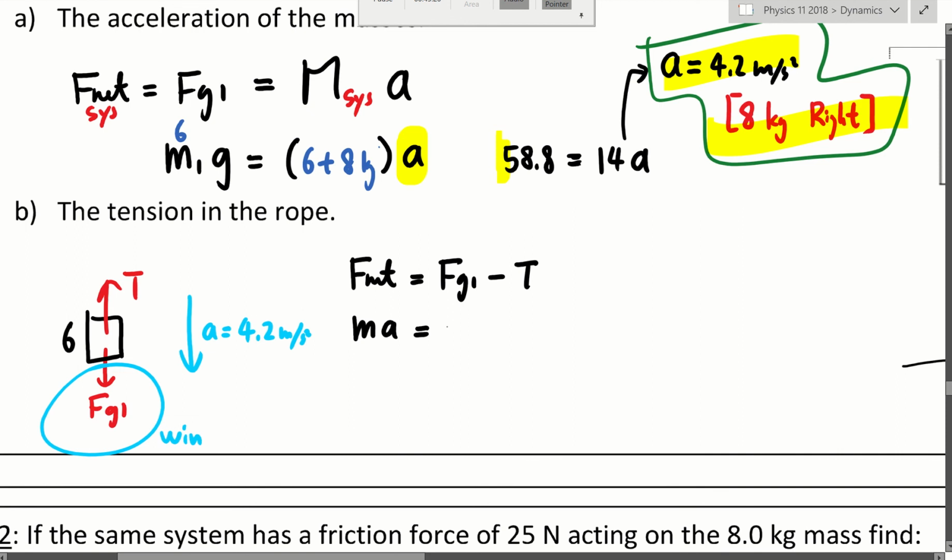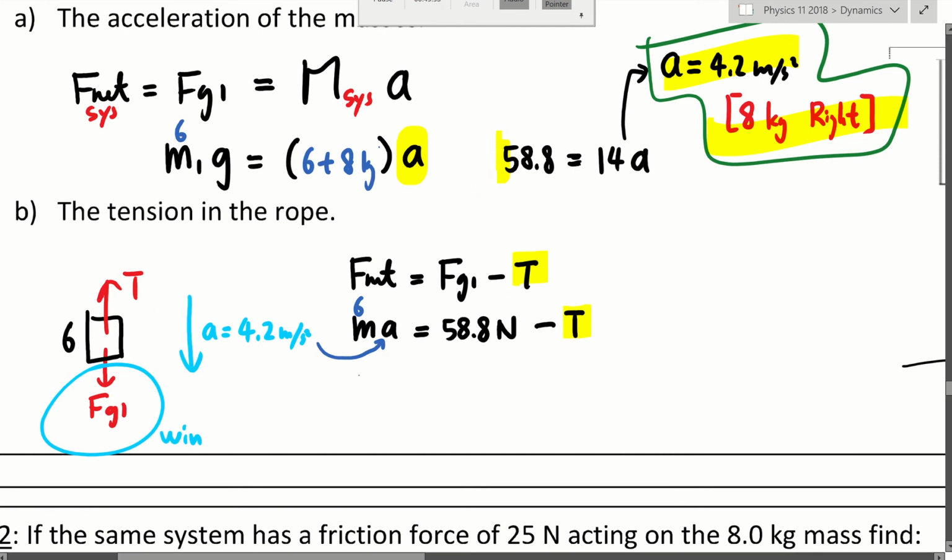Fg1 is 58.8 minus tension. So we don't have tension. Remember, tension is what we're trying to find. Well, what is ma? Well, ma is obviously 6 kilogram multiplied by the 4.2. So 6 times 4.2,